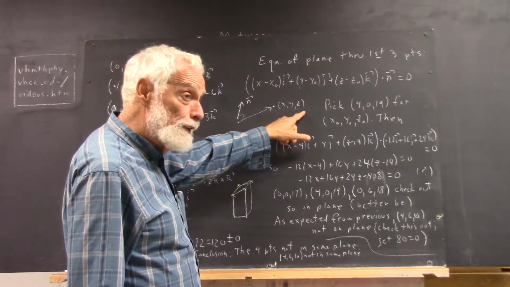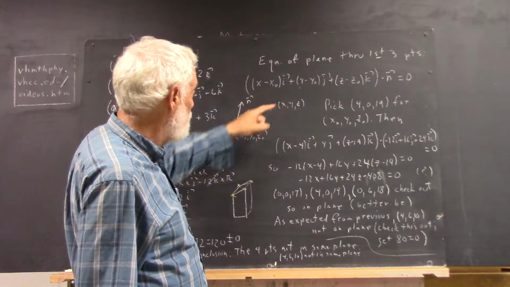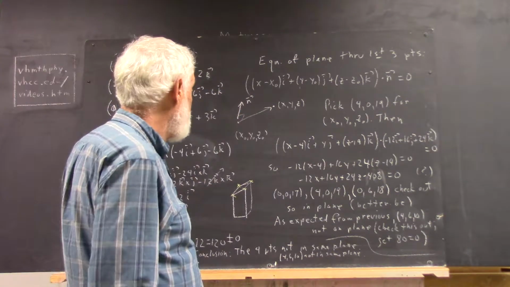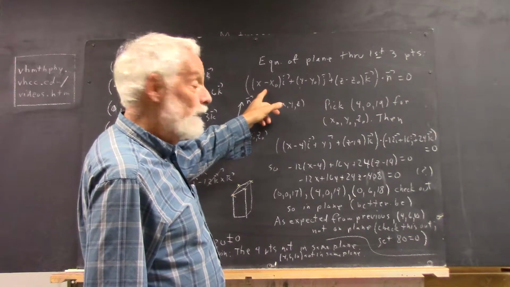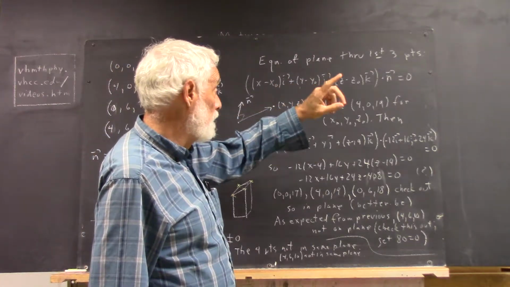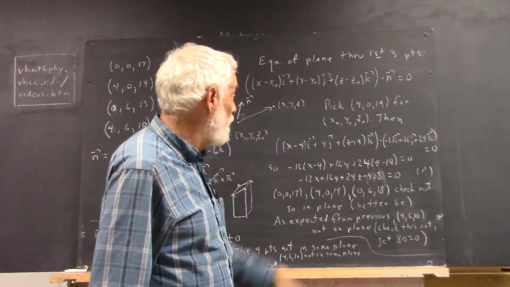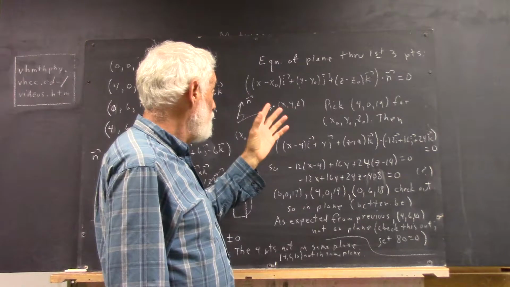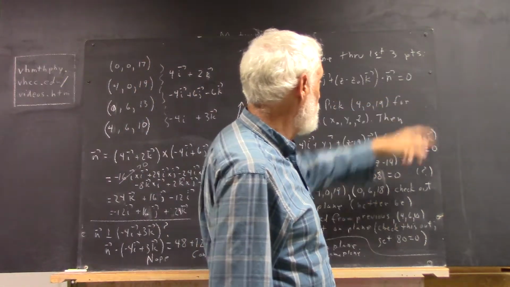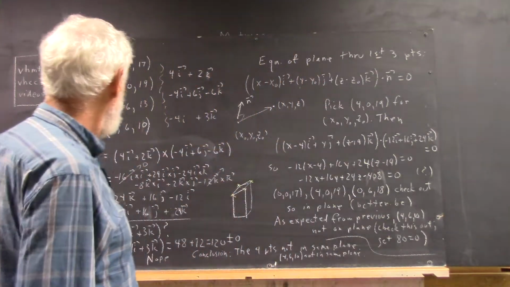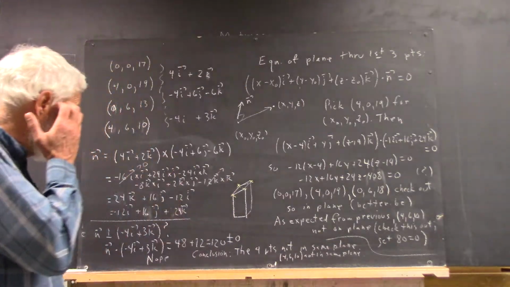X, Y, Z will be in the plane if the vector from x naught, y naught, z naught to x, y, z is perpendicular to the normal vector. Well, the vector from x naught, y naught, z naught to x, y, z is just x minus x naught times i plus y minus y naught times j plus z minus z naught times k. So our condition is that x, y, z is on the plane if the dot product of this vector with the normal vector is 0. Okay, well, then we picked this point, 4, 0, 19 for the x naught, y naught, z naught,